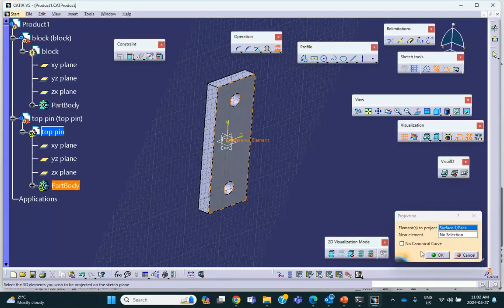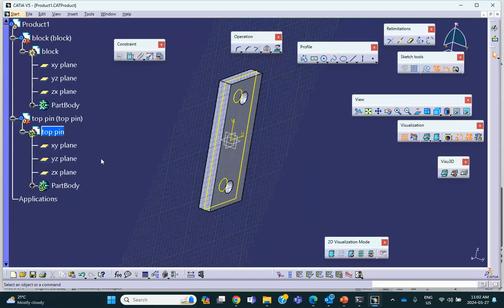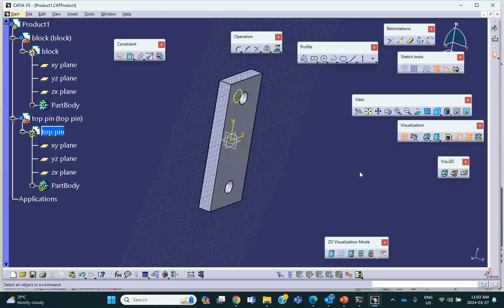Notice that it is projected. Not the whole face, actually. Control Z. That's not what I wanted. I just wanted the circle. That's all. So project just a circle. Just a circle. There. I don't want the whole thing. There. Now exit,